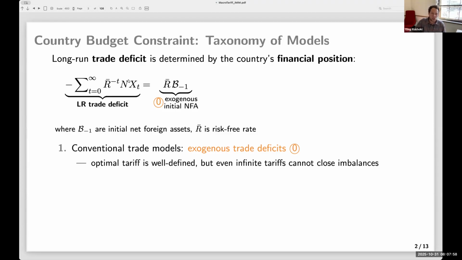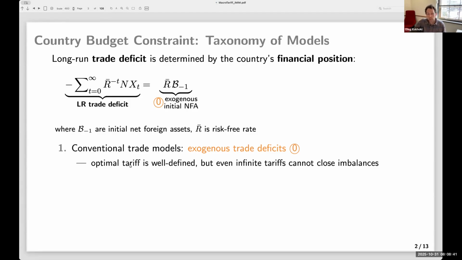You can perhaps relocate trade between periods of the world, and there is a literature that focuses on that. Can you compress trade deficits in some periods by compressing trade surpluses in other periods? But if you're interested in this object, the net present value of trade deficits, that thing cannot change in those models. And so this already gives a first interesting insight, just from this accounting identity. So what is this? This is the initial net foreign asset position, and R bar is whatever is the benchmark interest rate according to which you want to discount this, and you can put it here.